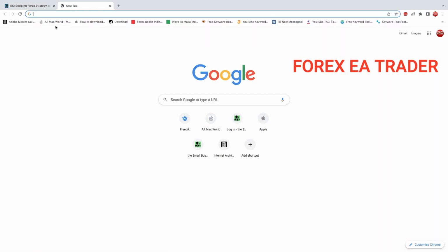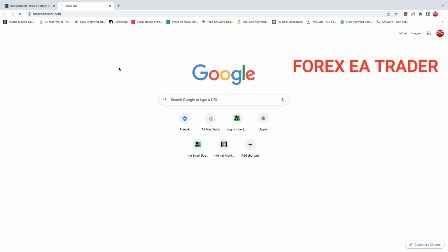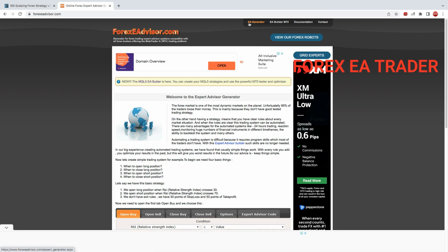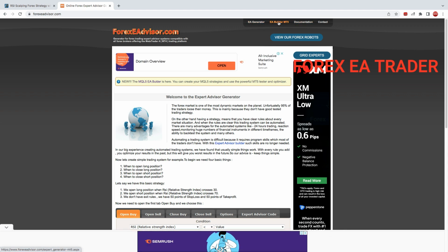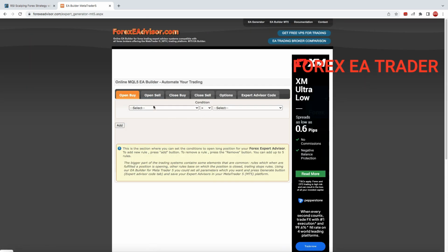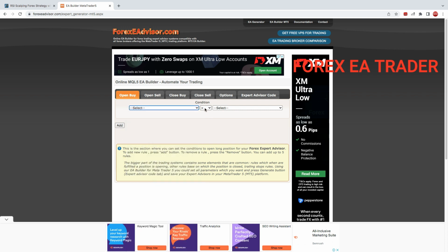For example, if we just go there, it is forexeaadvisor.com. So the advantage basically is you can generate your own forex robots in MT4 and MT5 completely for free. The major disadvantage is they've got limited indicators and you cannot import your own indicators. And here on conditions, you are just limited to above and below, which is usually not a good idea,